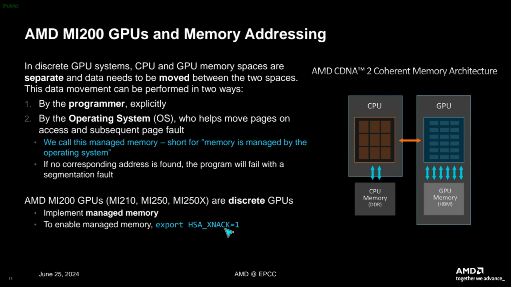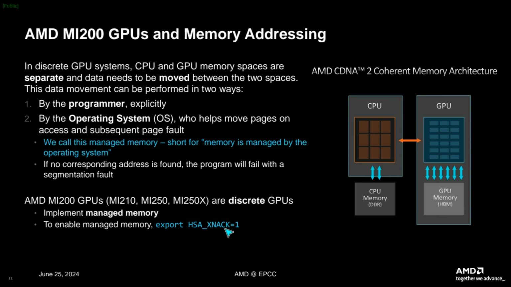So the Lumi system, the Frontier system, Setonix at Pawsey in Australia all use the MI200 series. And it's a powerful compute capability. And in this device, we have the memory coherent architecture that is based on a feature